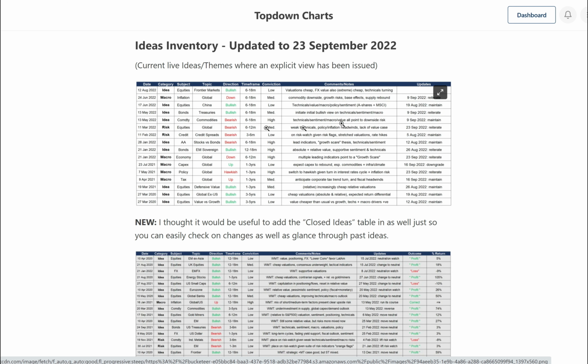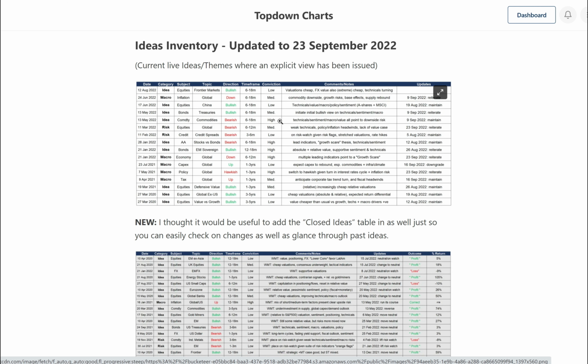And so the structure of this is you've got the category of things. So it's either an idea, a macro theme, so inflation, for example, or a risk, and then you've got your subject. So whether it's equities, inflation, bonds, commodities, capex, etc. And then your subtopics. So if it's equities, then China is your subtopic. The direction, so bullish, bearish, down, up, for a macro view. And then your time frame, which is pretty self-explanatory, and conviction level, which I think is quite helpful because,